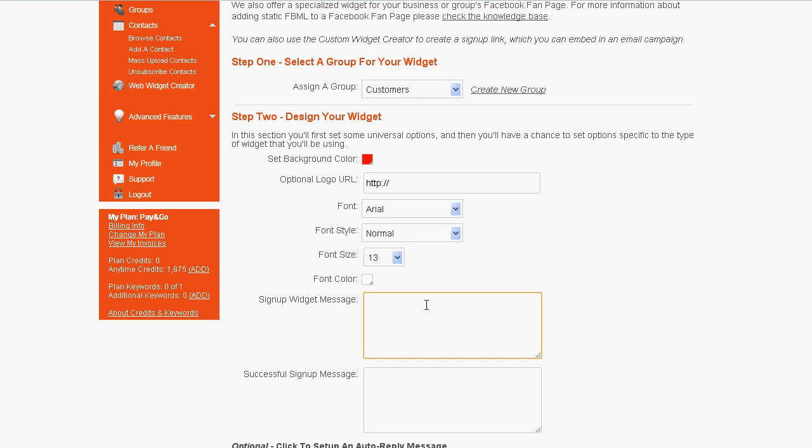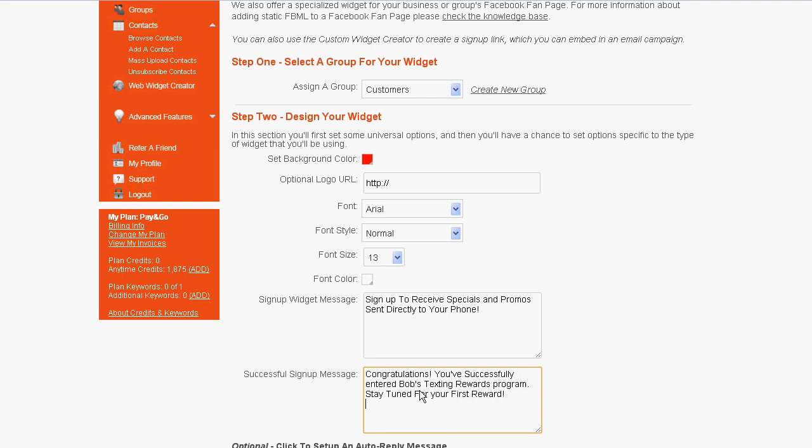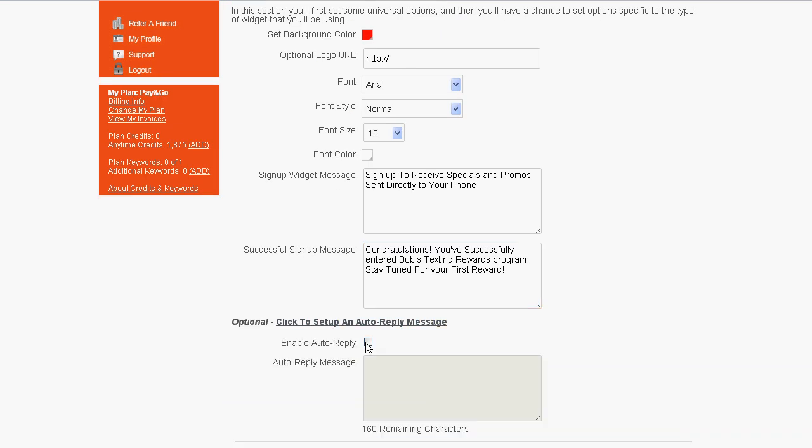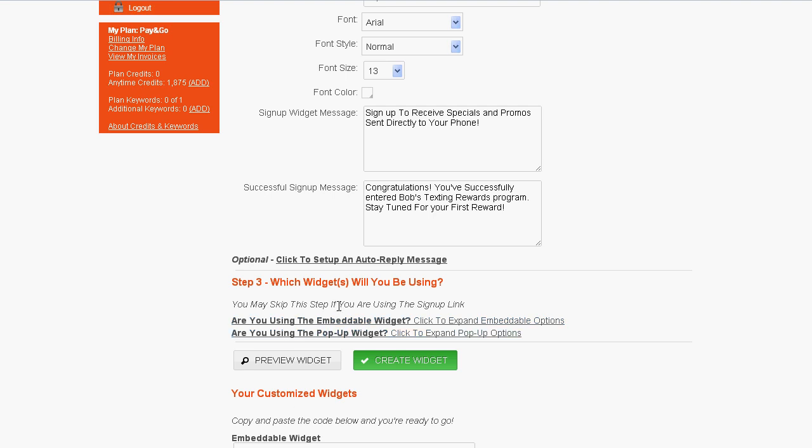You can choose the background color, the font size, style, and actual fonts, and then move on to the sign up widget message, which is enticing the user to enter their information and join your contact list. The successful sign up message verifies the contact has been added to your list, and you can also use it to thank them for joining. If you like, you can use the optional text message auto reply, and then you can move on to step